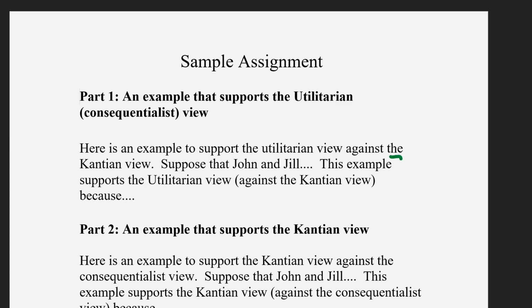So that means that by the time you get to here, explaining why your example supports the utilitarian view, you have to explicitly show that we have a tendency to say, for this kind of example, that this action was good because the consequences were good, even though, in this case, the motivation was bad. And a lot of students will do this, but I found a lot of students start to leave that second part out. So just remember, start with the example, make sure the example is clear, and then go on to explicitly say, the reason this example makes us want to side with the utilitarian is